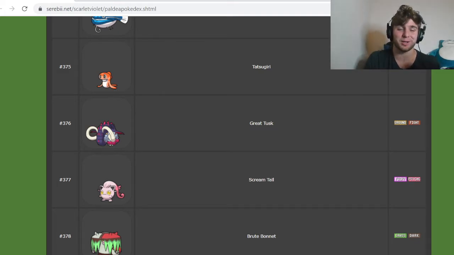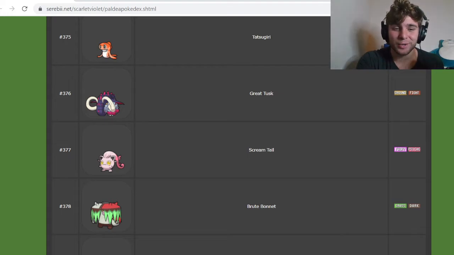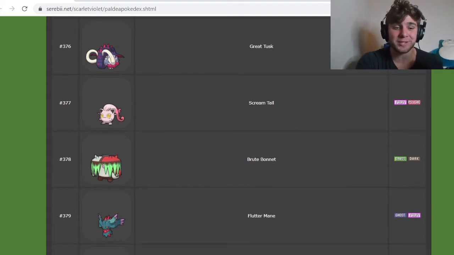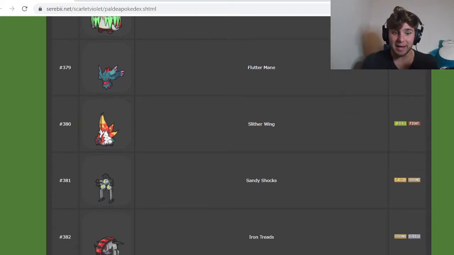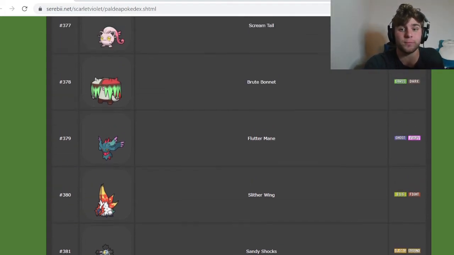All of the Paradox forms. There we go. Great Tusk, ground fighting. We got Screamtail, fairy psychic. We got Brute Bonnet, grass dark, Fluttermane, ghost fairy, Slitherwing, bug fighting, and then a Magneton, Sandy Shocks, and then that is all for the...